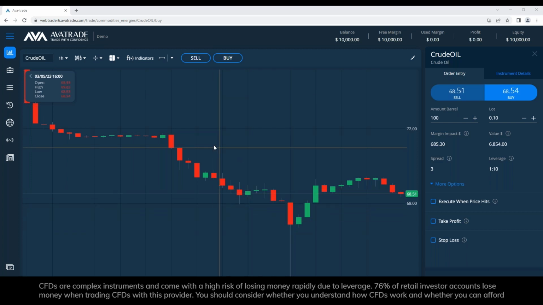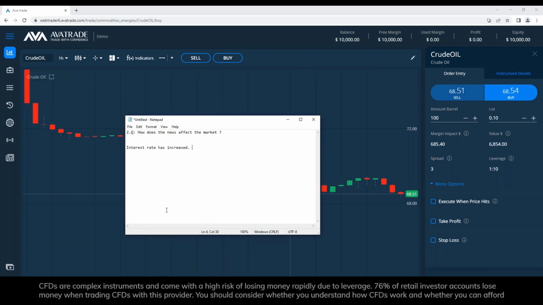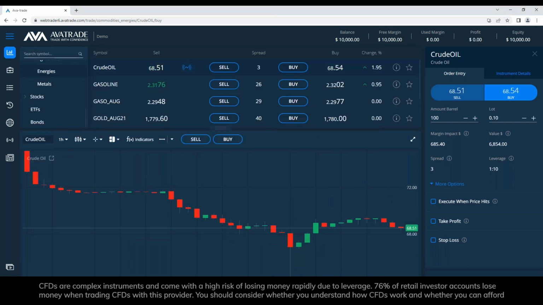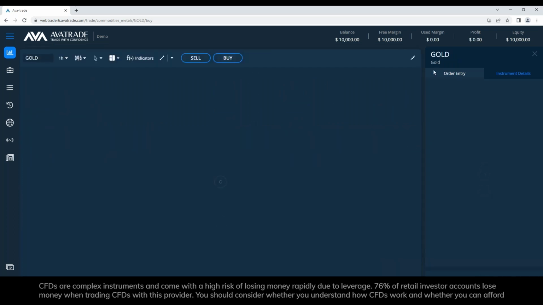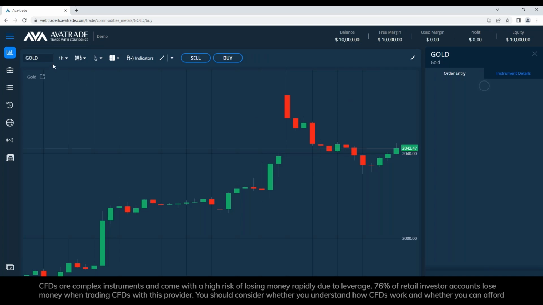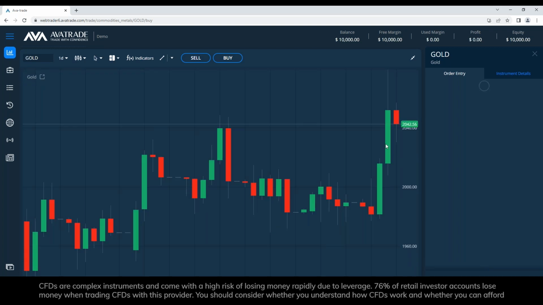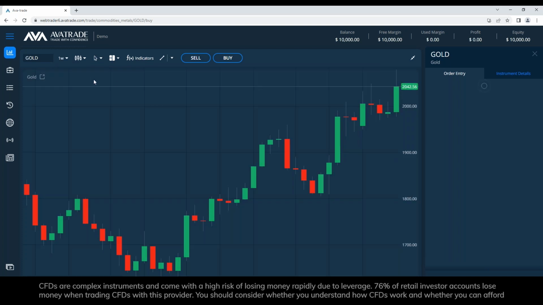How does the news affect the market? What do you think? There is a direct connection, and there is a connection that is through another thing. Therefore, if we take gold, gold is a safe haven. People used to run to gold when the dollar is not doing too good. You can see that yesterday, after the announcement, gold was about,